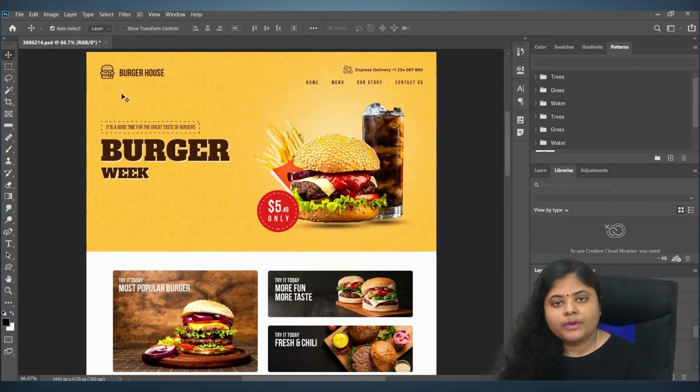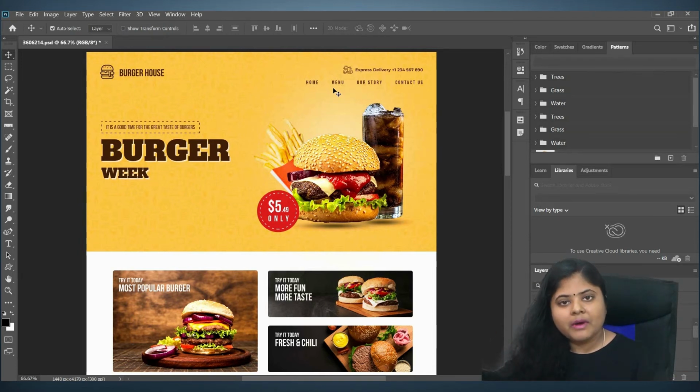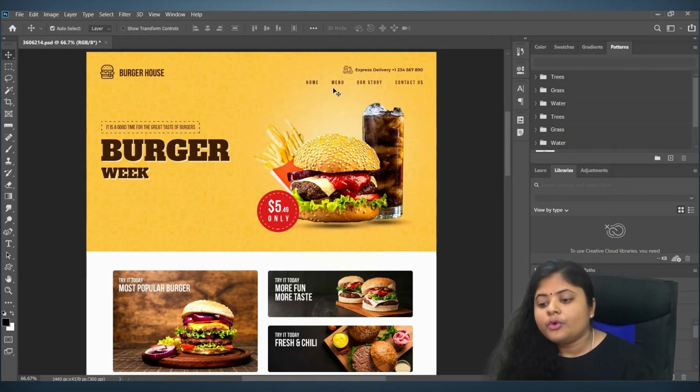So in this example website, I have started with the logo. I used a small menu. I'm just using a simple menu. You can use according to your need, right? It may be like buttons or it may be like a button bar. So it's up to you.